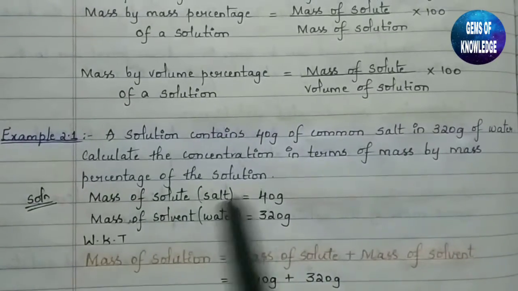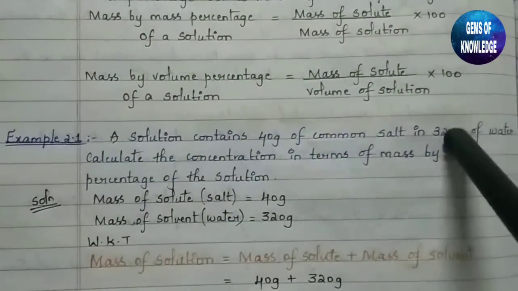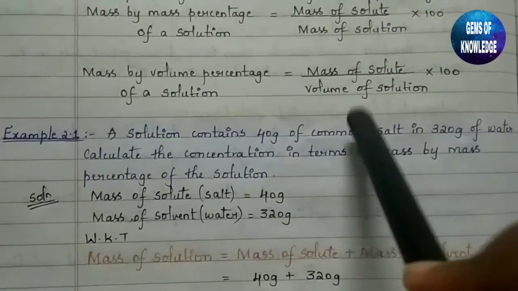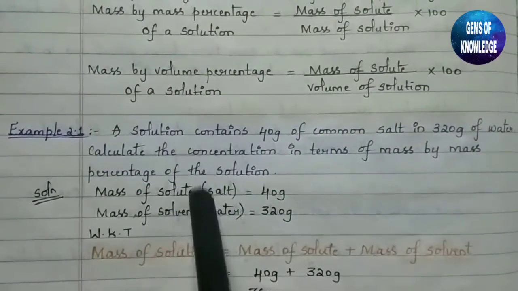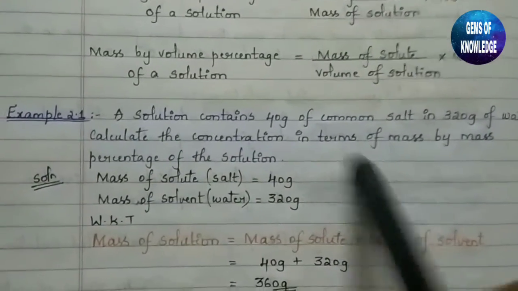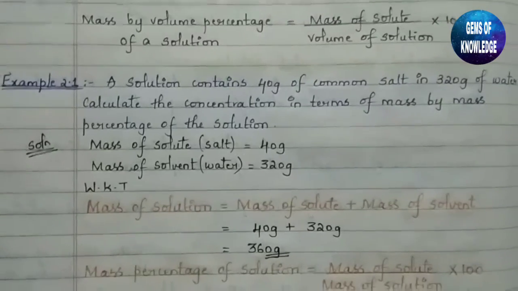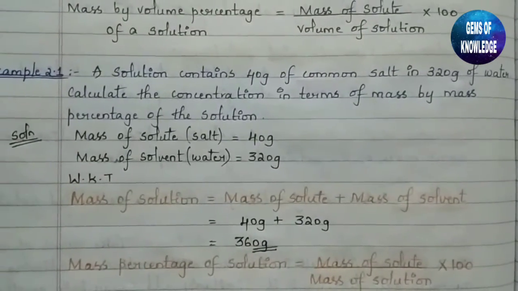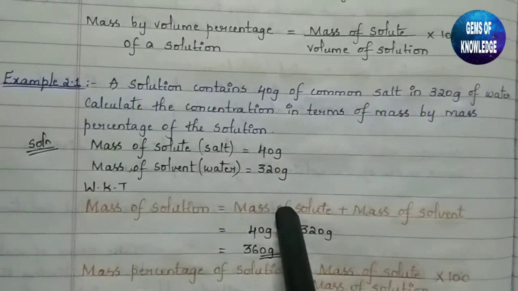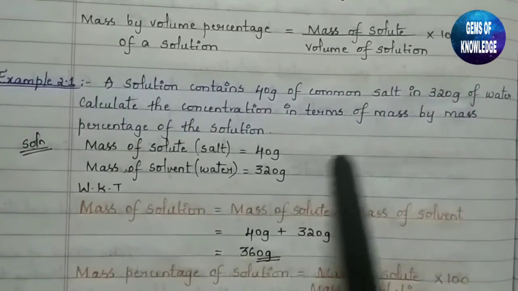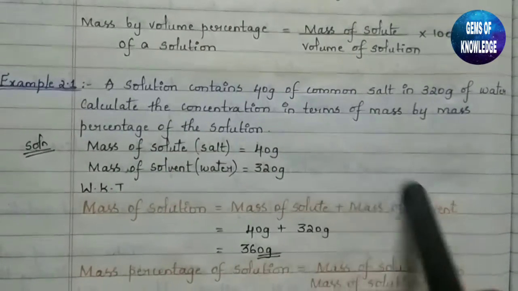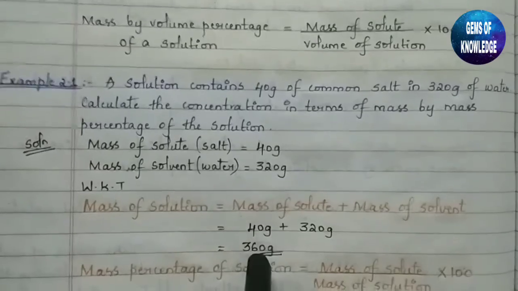Directly we can write: they have given common salt as 40 grams and water as 320 grams. What is water here? It is the solvent, and the common salt is the solute. So the mass of the solute, that is salt, is 40 grams, and the mass of the solvent, that is water, is 320 grams. How do we find the mass of the solution? The complete solution consists of both solute and solvent. If we add both, we get the mass of the solution: mass of the solute plus mass of the solvent gives 360